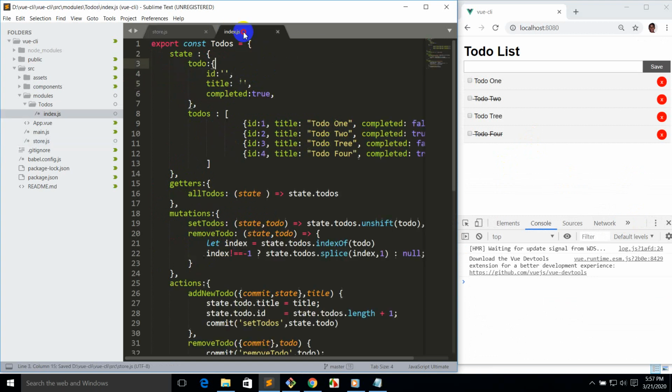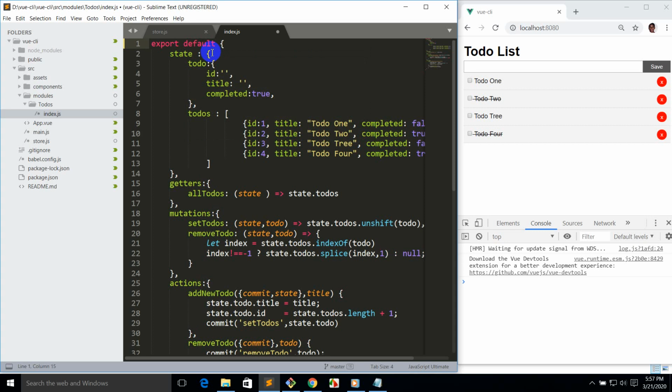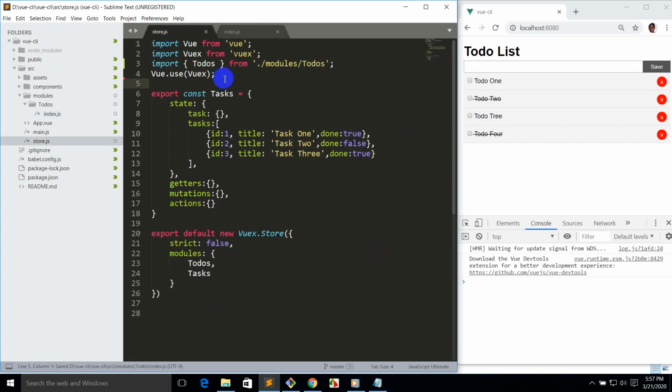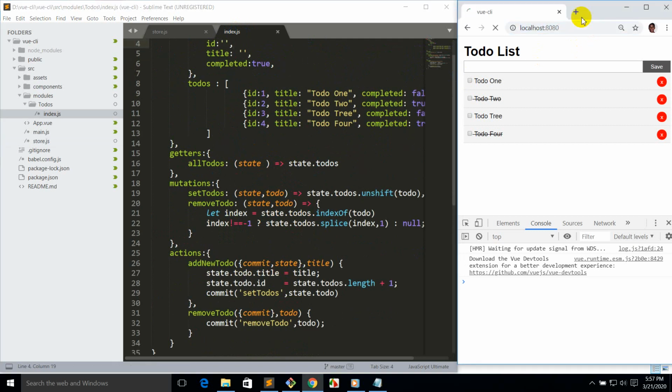If you use the default export, you can change the name, for example, and use it like this. The same approach I use with the news module. When I refresh,